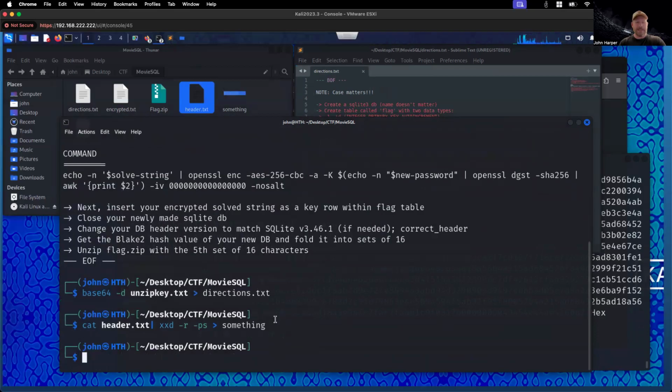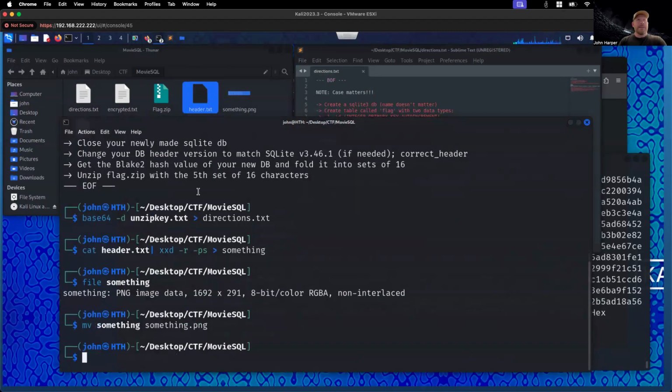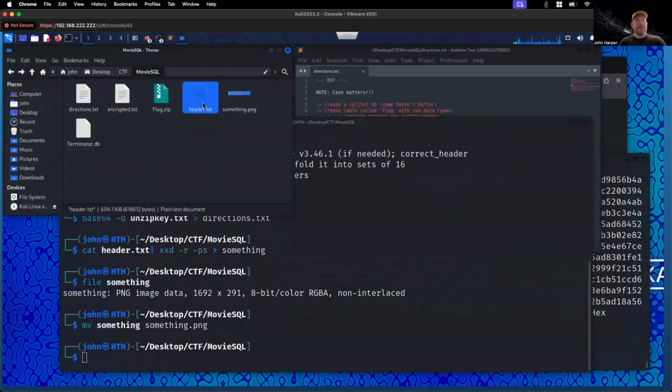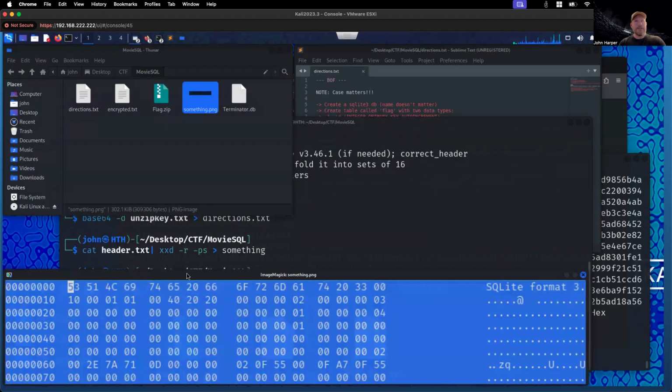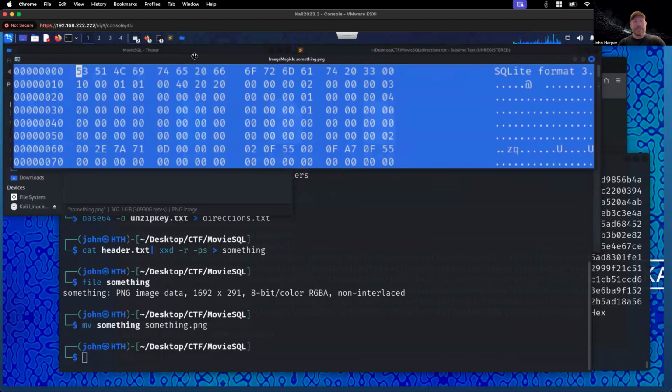It was definitely a lot of data. Let's run file on something, see what that is. It is a PNG, so we can move it to something.png. All right, what do we got? We can also remove the header file. All right, so if we open the PNG, you'll see